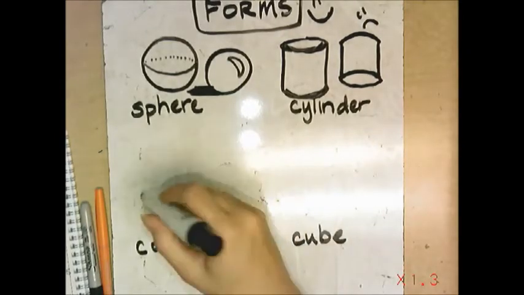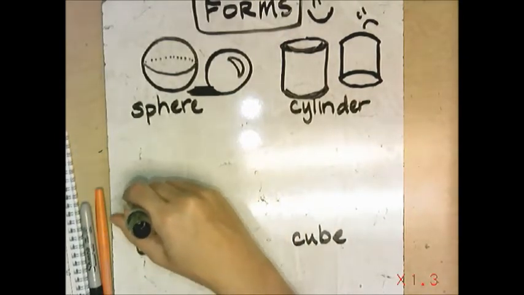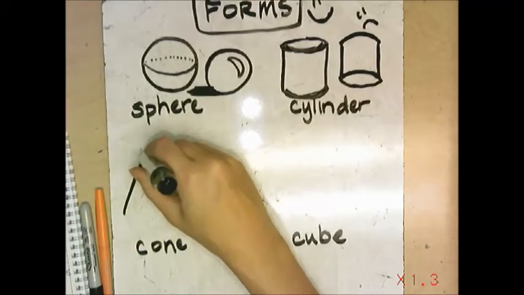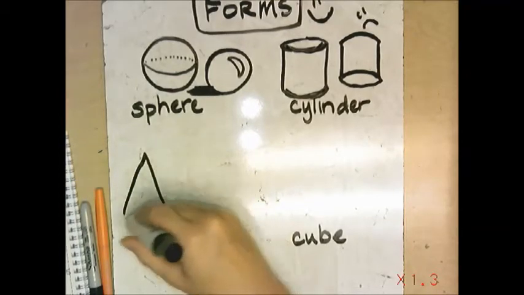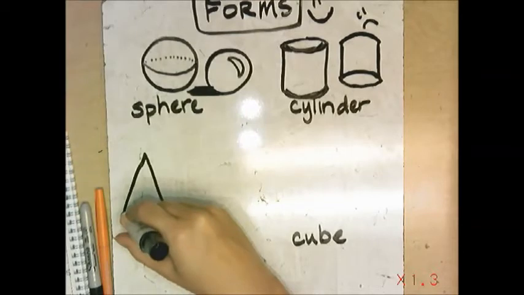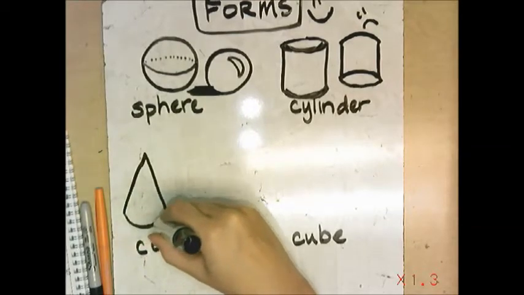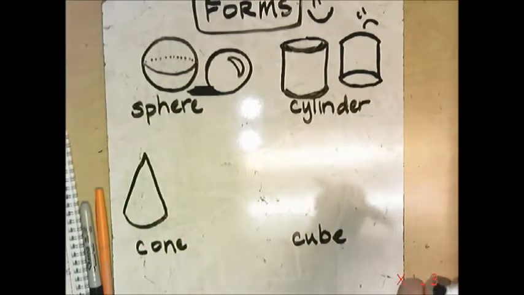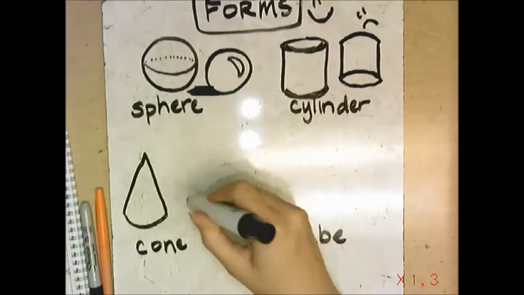A cone, you would start like you're drawing a triangle. But instead of making a straight bottom, you're just going to make a smiley face bottom. And it's a curved line, that's all that is. So here's one way you can draw a cone. Or,